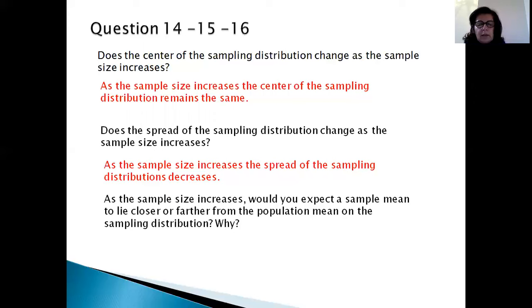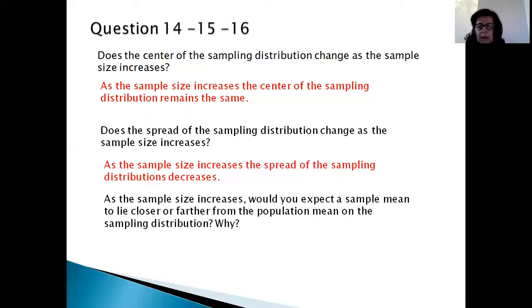In this case, it is the mean of the sampling distribution. And we know the mean of the sampling distribution is the population mean. So when the sample size increases, since we know the variability is going to decrease in the sampling distribution,